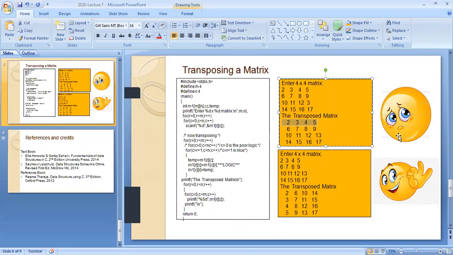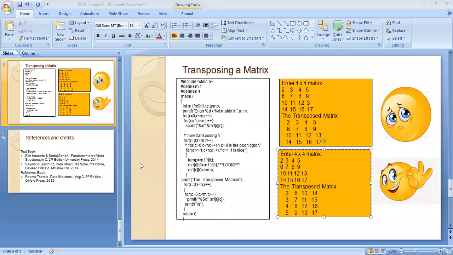That's why I have given you this delay phase. But when you come to the second one, the first row you have is 2, 3, 4, 5, but the row has been replaced with the column. What are the column elements you have? 2, 6, 10, 14, and now you are getting 2, 6, 10, 14. What is the next row? 6, 7, 8, 9 will go with 3, 7, 11, 15. Similarly, the third row gives 4, 8, 12, 16, and the fourth row gives 5, 9, 13, 17.